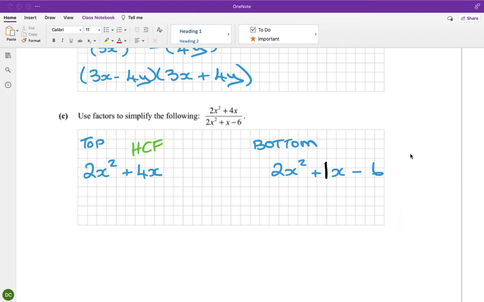So the highest common factor is 2x. Sorry, I'm just going to change colour. The highest common factor is 2x. So I'm going to write down my 2x and open my bracket. 2 divided by 2 is 1. And then an x squared on the top and an x on the bottom. The 1 on the bottom takes away one of the ones on the top, leaving me with x. And then plus